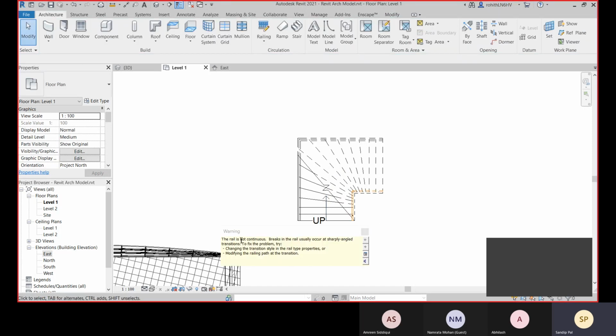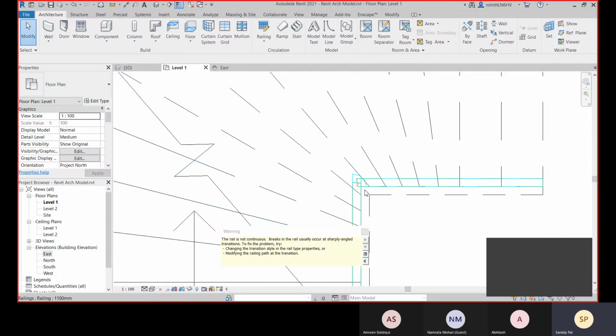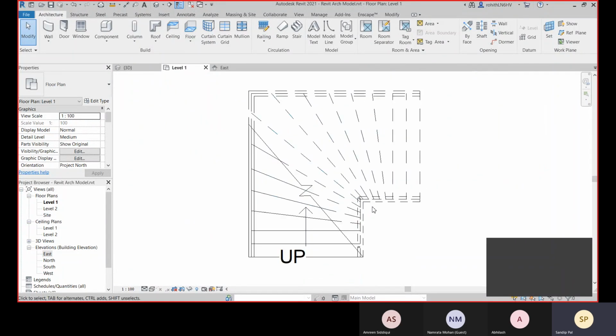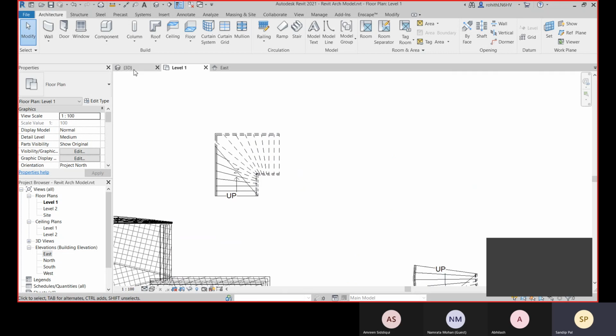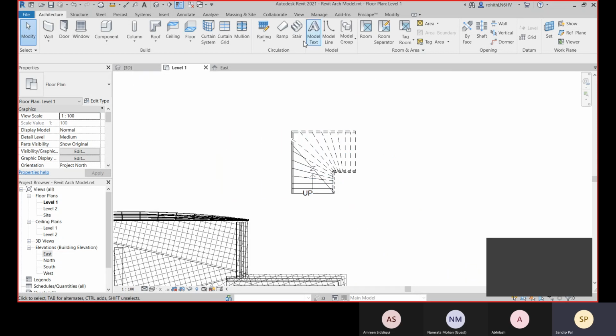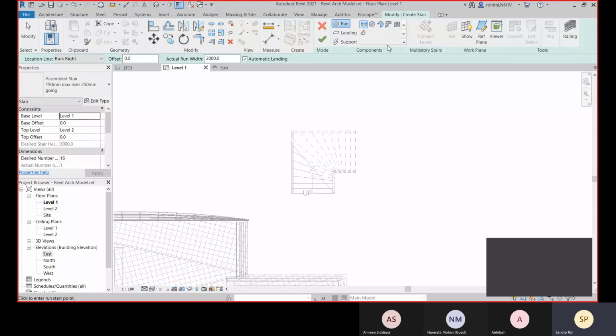So here also we are facing the same problem, and we already know how to fix this. Okay, so you already know that. Now again come to stair. So you know how you can do this. Okay, so just go with this.